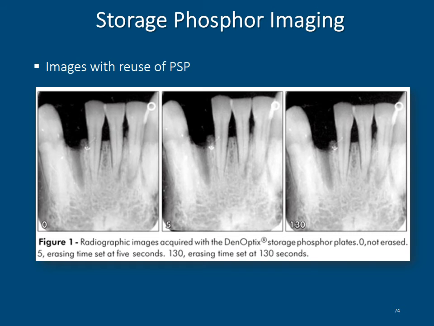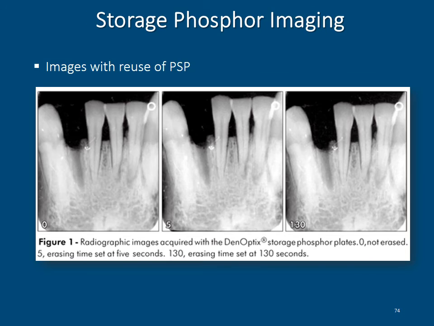The one great thing about these indirect phosphor plates is that they can be used over and over and over. You can see in this image that one particular plate has been exposed 130 times, and there's very little change or hardly any noticeable diagnostic changes with this phosphor plate. They're very strong. They resist a lot of scratching. So they have a very good long use in dentistry, and like I say, they're very inexpensive when the software